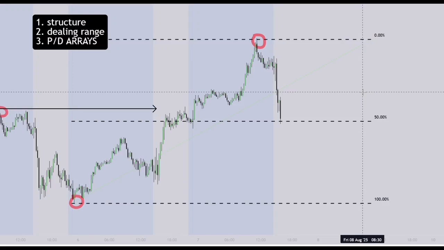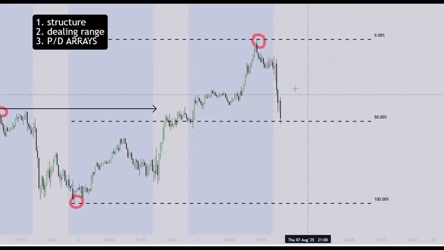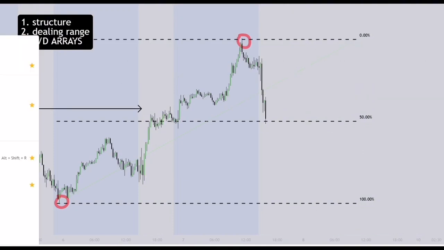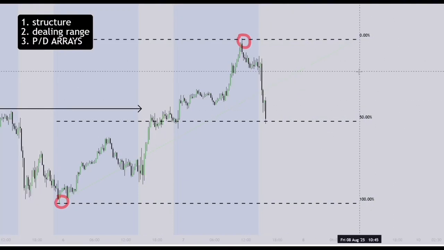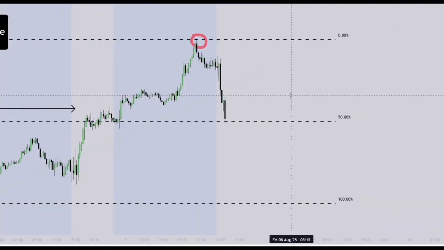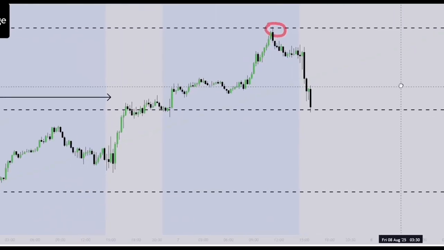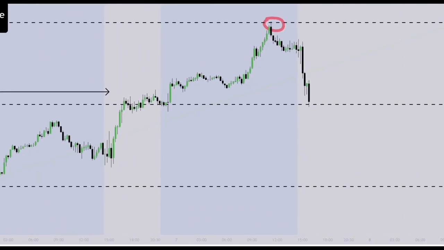Understanding when to trade with the fib tool are two different things, right? So make sure you get this right. Now that we have the premium and discount arrays over here, anything above the 50 is a premium, anything below is a discount. We're looking for 15-minute fair value gaps. And specifically, I'm going to be breaking down a buy trade you could have taken last week, or how to